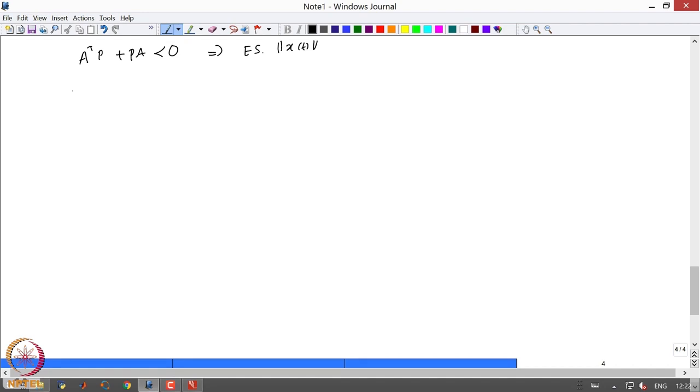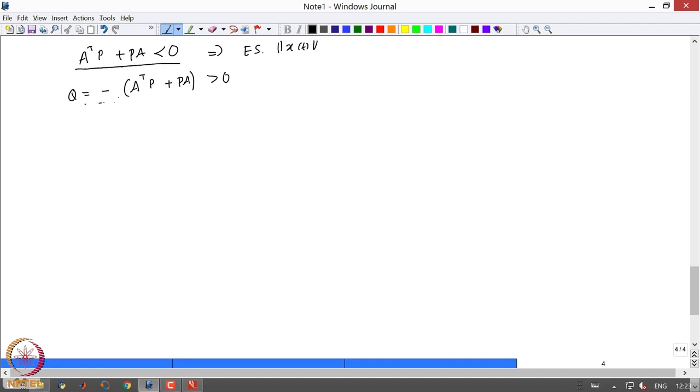So, let us assume that Q is such that A transpose P plus P A is now greater than 0. Okay. So, if a condition like this holds, then this will be